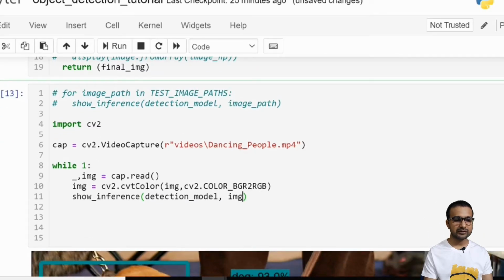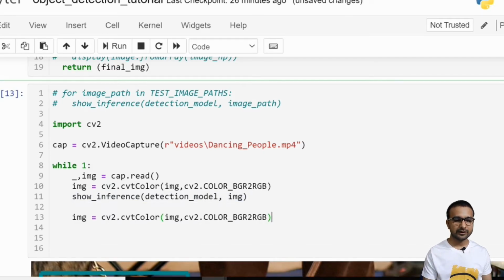This show inference is going to return an image in RGB format with the bounding box. So if you want to show it back on our frame, we need to convert it back to BGR format, because we will be utilizing CV2 to show our image.